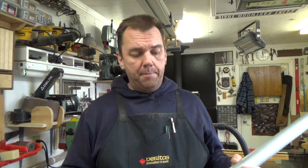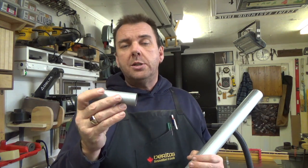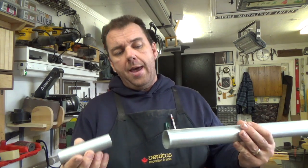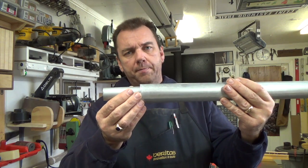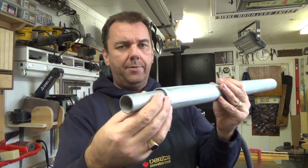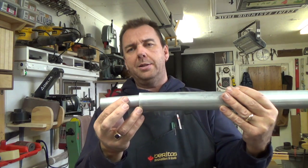The next thing we need to do in order to work on our hot pipe is this little piece of 1-inch conduit, which is actually the holder for the nozzle of the torch, and we need to get this pretty much centered on one end of the 1.5 inch conduit, kind of like this. I don't know if you can see that, but we're going to have it centered inside there just like that